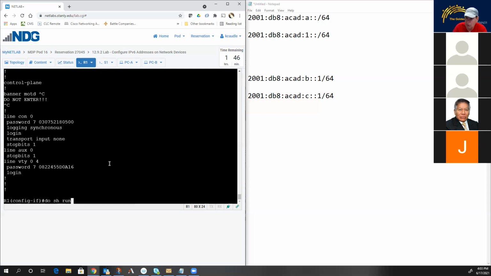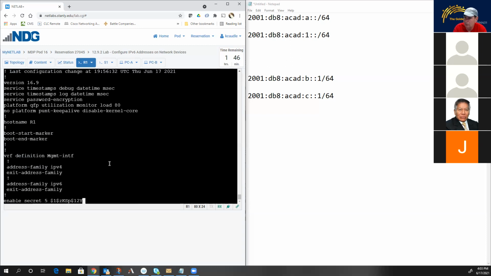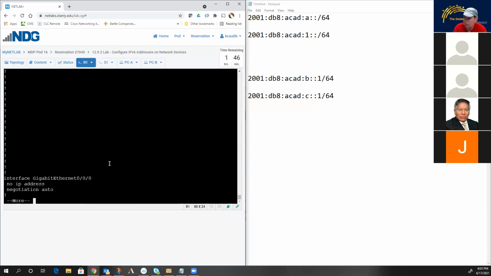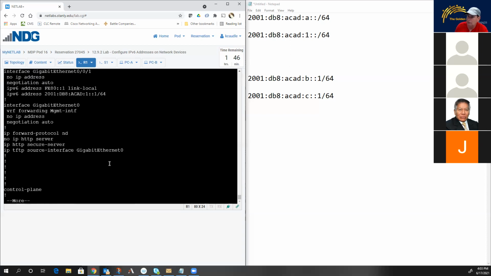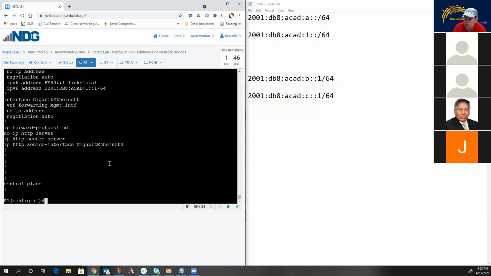Okay, and the easiest way to do that is to go back and do a no ipv6 address. Let's try it. I don't know if it removes all of them. I think do show run. I think that'll get rid of all of them. Yep, sure does. Okay, so you can get rid of all of them and then go back and fix it. So you can do that, and then you just do an ipv6 address